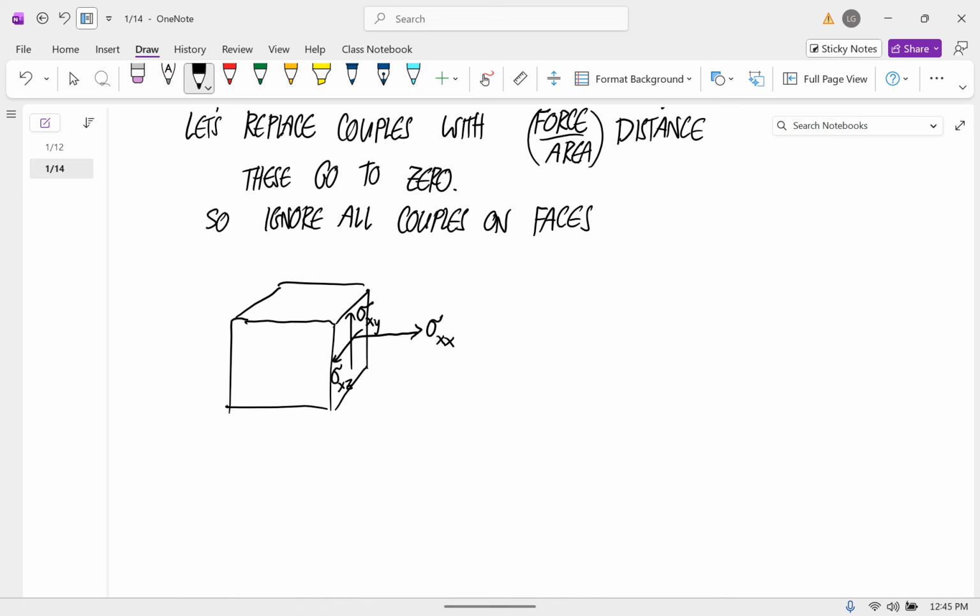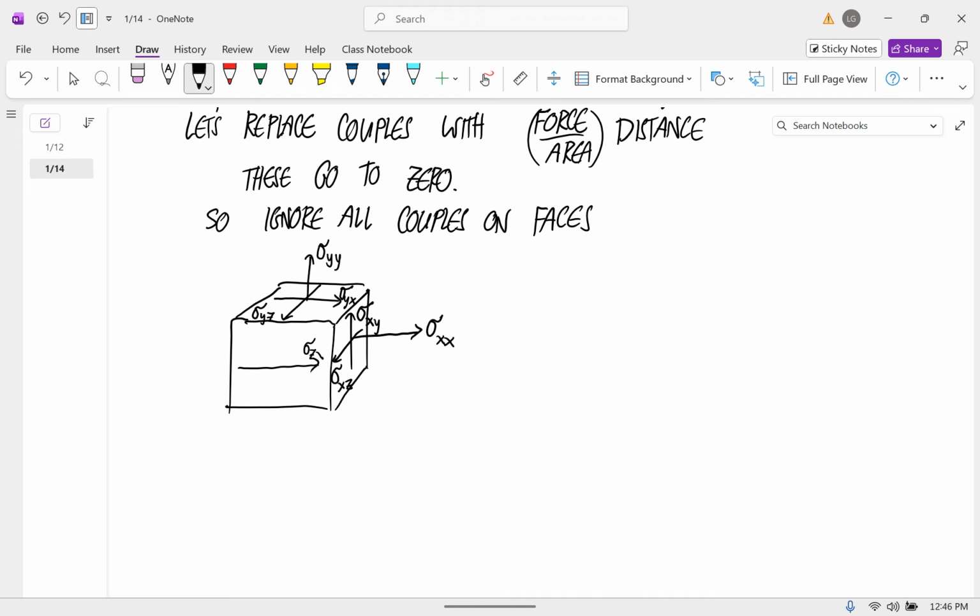So this is the x face. And the second subscript is the direction that that component is going. So now on the y face, we have sigma yx, sigma yy, sigma yz. And then on the z face, we have